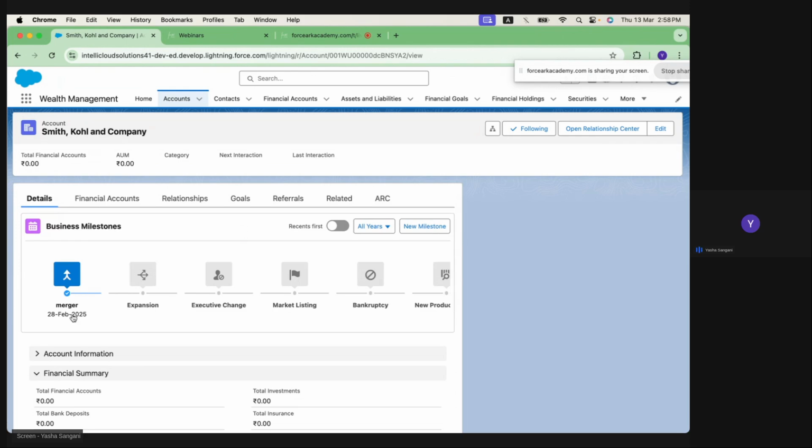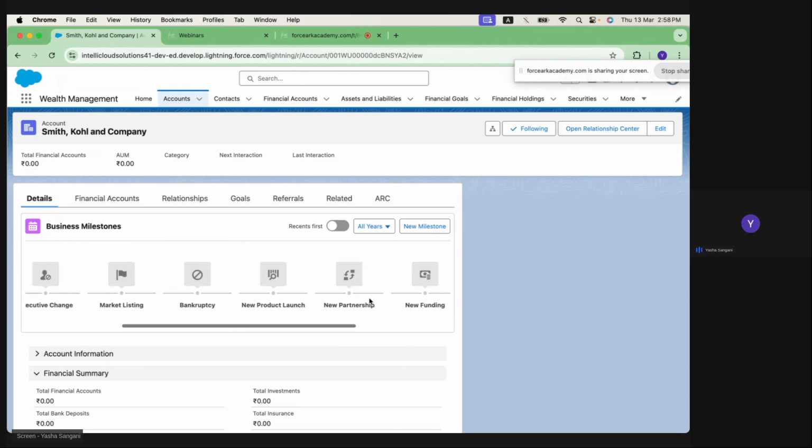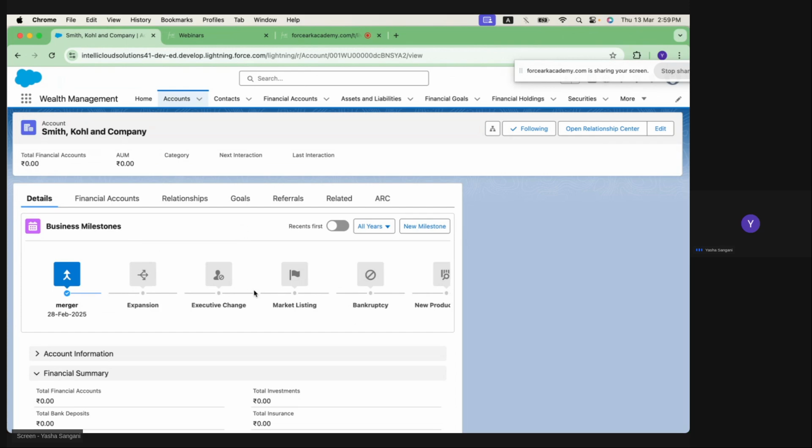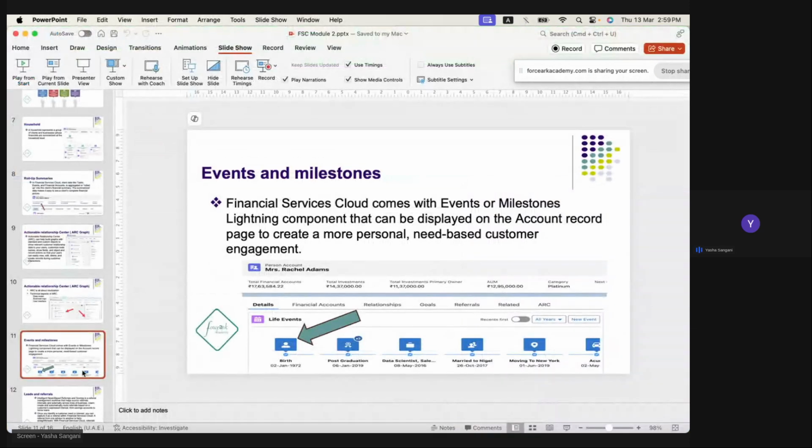So those events can be a merger with another company, an expansion, an executive change, a market listing, or it can be bankruptcy too. Whatever features, rules, and regulations apply to life events, a similar kind of setup applies to the business milestone too. So this was about life events and business milestones. We'll move toward another feature,